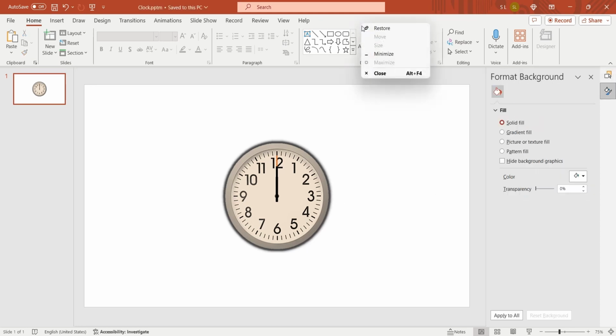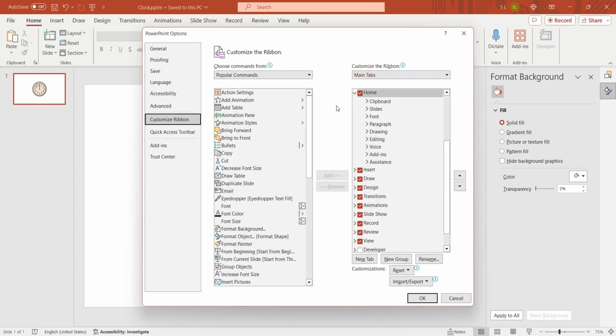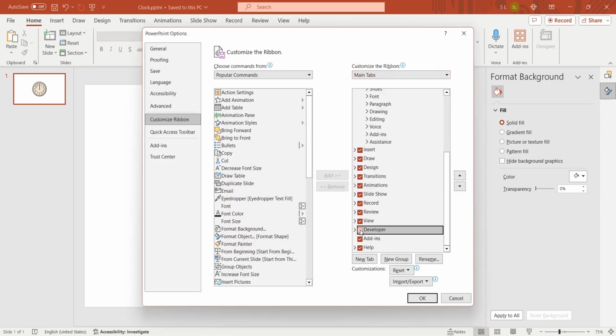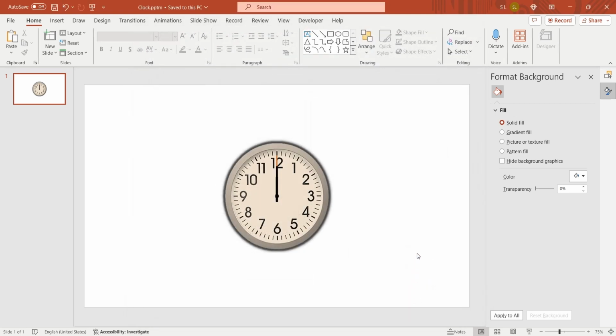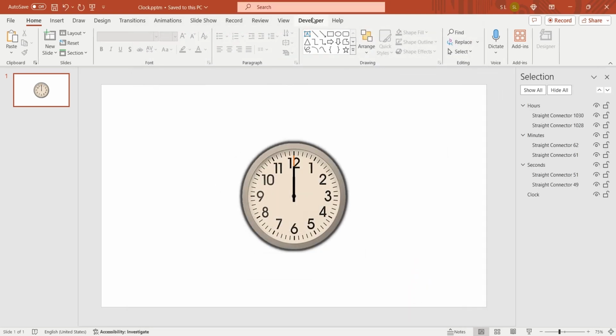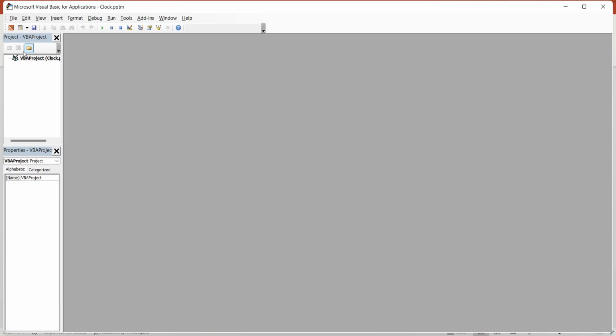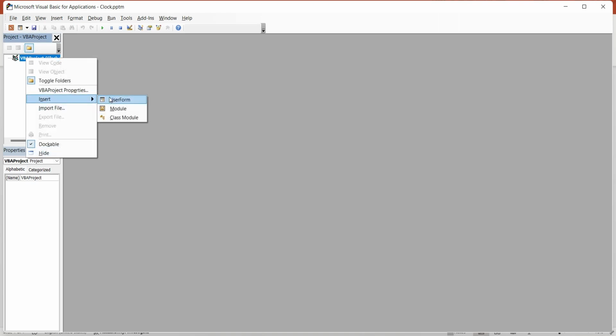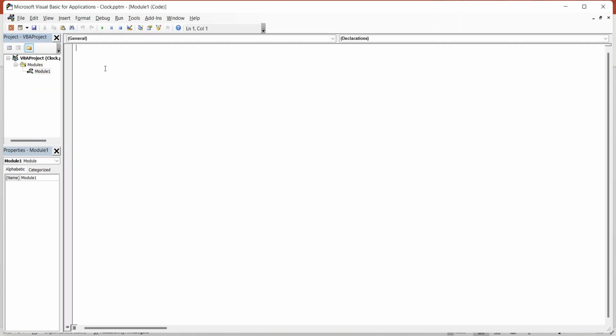Now, right-click on the ribbon, and select Customize Ribbon. Here, turn on the Developer tab, to use Visual Basic script. Go to the Developer tab, click on Visual Basic, and insert a module. Create a new public subroutine named clock. Create a loop for hours,